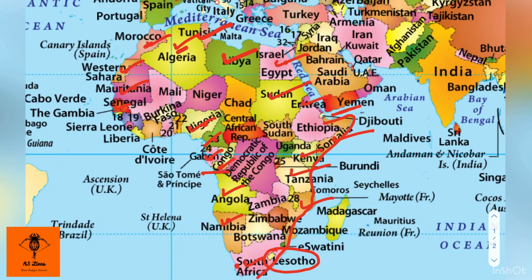And on this side, one important thing, Lesotho is a small country in the middle of South Africa, so it's completely landlocked. Then we have South Africa bordering Indian Ocean. Other than that, we have Mozambique, Tanzania, Kenya, Somalia, and then from Djibouti there start the countries bordering Red Sea. So we have Eritrea, Djibouti, Sudan, and Egypt, those which border Red Sea. So these are the countries. This is the overall layout.